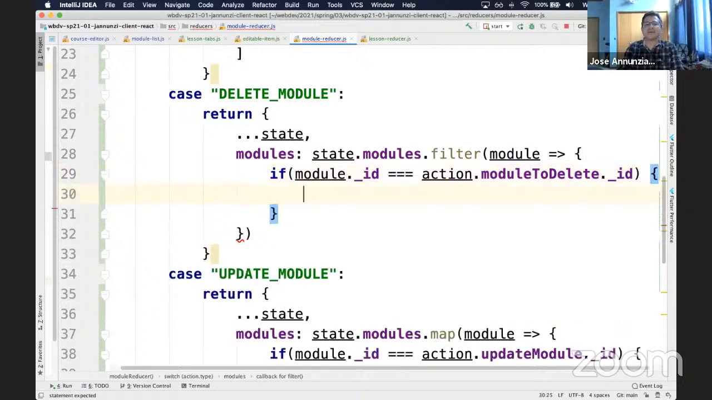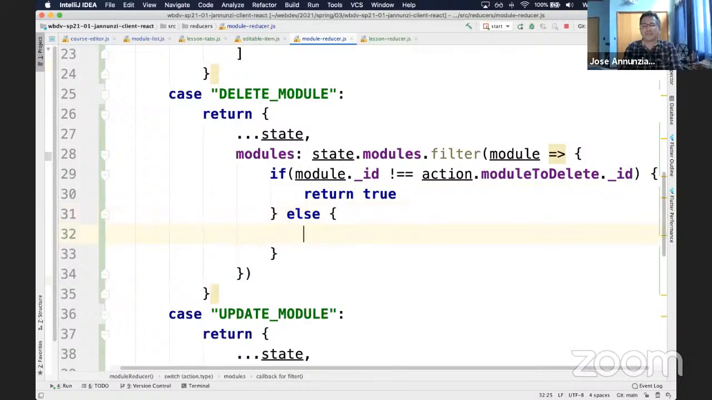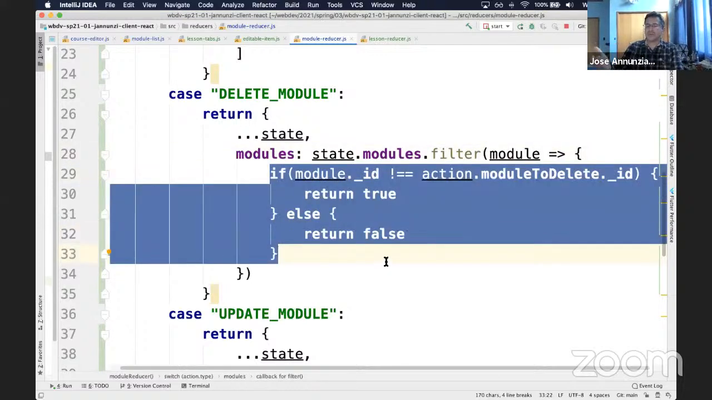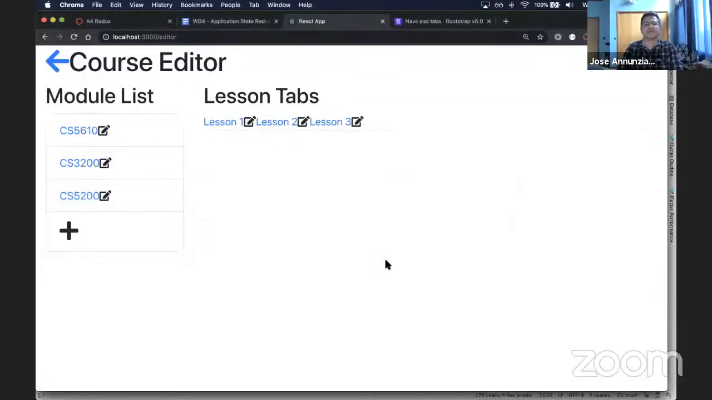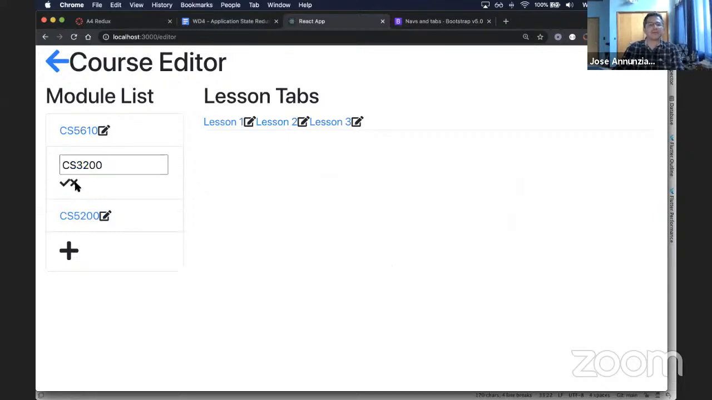Sorry, if it's not equal, then I return true, true meaning I want to keep it. Otherwise, if it is equal, then return false, meaning I don't want it, so skip over it. So filter uses a function that if you return true, you keep the value. If it returns false, you skip over that value. So let's try it out. If I click on the X,